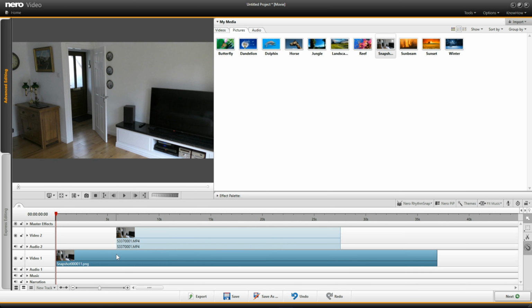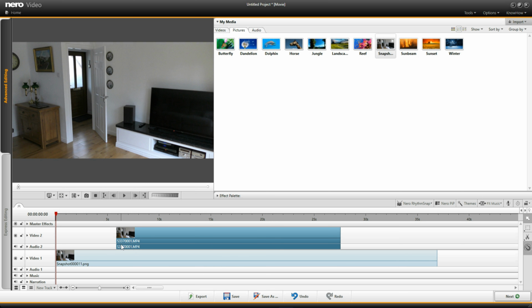It's a picture of my room, and I've made it longer than the video, so that when I play the video, that picture is always going to be there. And I can do some work on this video now. I can make this video translucent, and because I'm walking into the room and because the room is set with that picture, I can fade myself in and it will appear like magic, as though I'm suddenly there in the